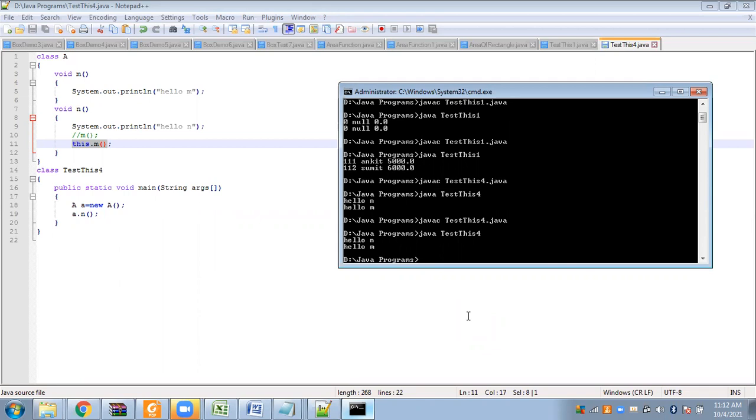In case of class instance variables, we use the this keyword only when there is ambiguity between the class instance variables and the formal argument list. If the formal argument list is different from the class instance variables, then you don't have to use the this keyword. So basically, when there's ambiguity inside the class in terms of the variables, we use the this keyword. For today, let's end the class here.